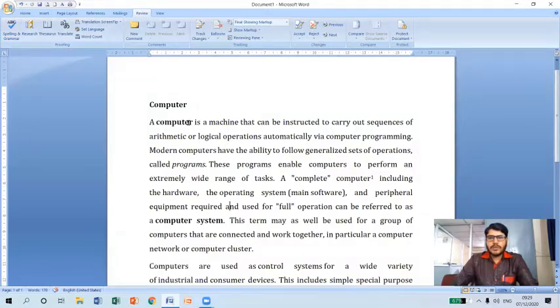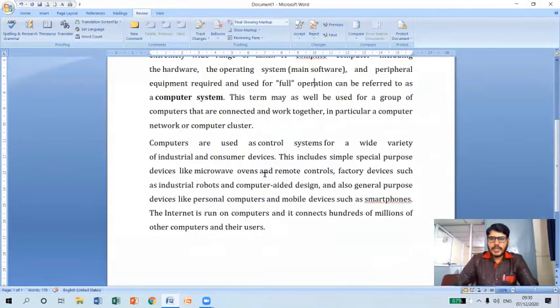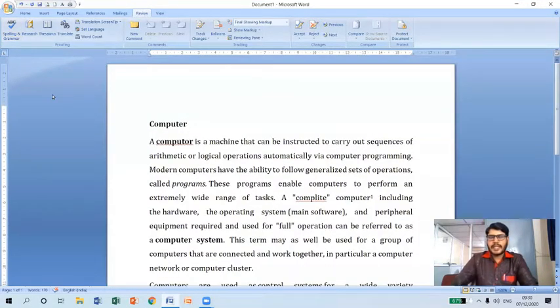Assume that I'm going to commit some mistake here. So instead of computer, I'm going to use a wrong spelling here, COMPUTOR. So this is wrong. Similarly, instead of a complete word, let me commit some mistake here. So likewise, there are certain mistakes available in our document. Purposely, I have made a mistake here so that I can go through spelling and grammar check.